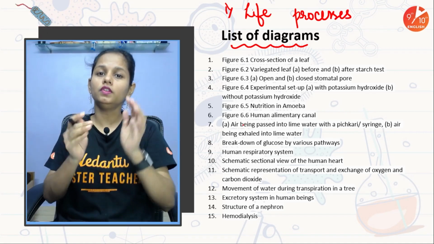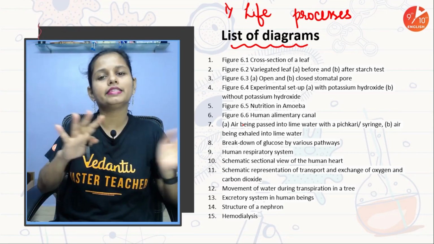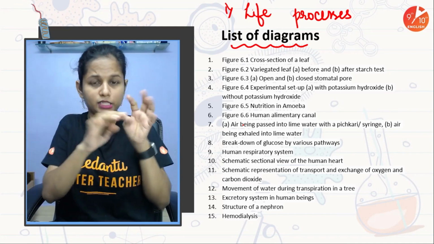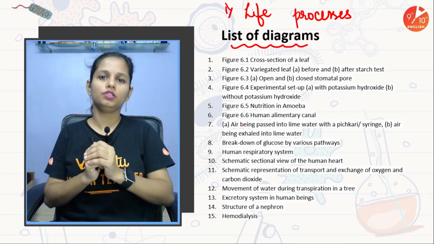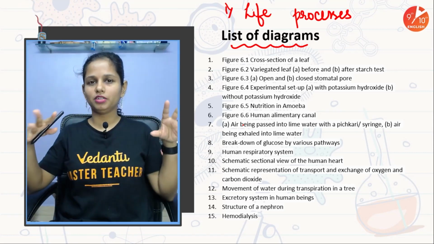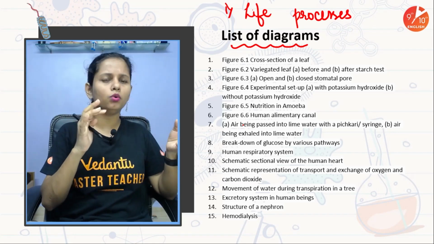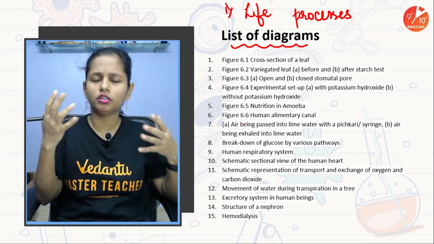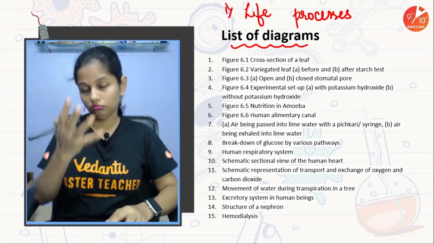Now bacho, here there are two types of diagrams. One, the actual concept based diagrams, and second, the diagrams related to your activities, experiments, experimental setups. You need to be thorough with both. Why do I tell you this? Because the actual diagrams that you have in your textbook, whether it's the alimentary canal or the human excretory system or the structure of the heart, these are typical diagrams that you have in your book, TS of leaf.